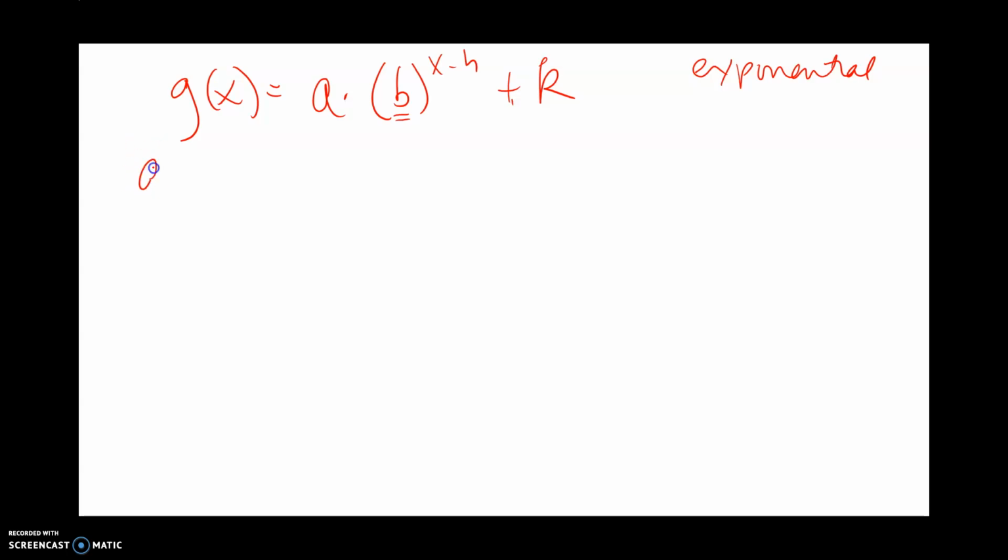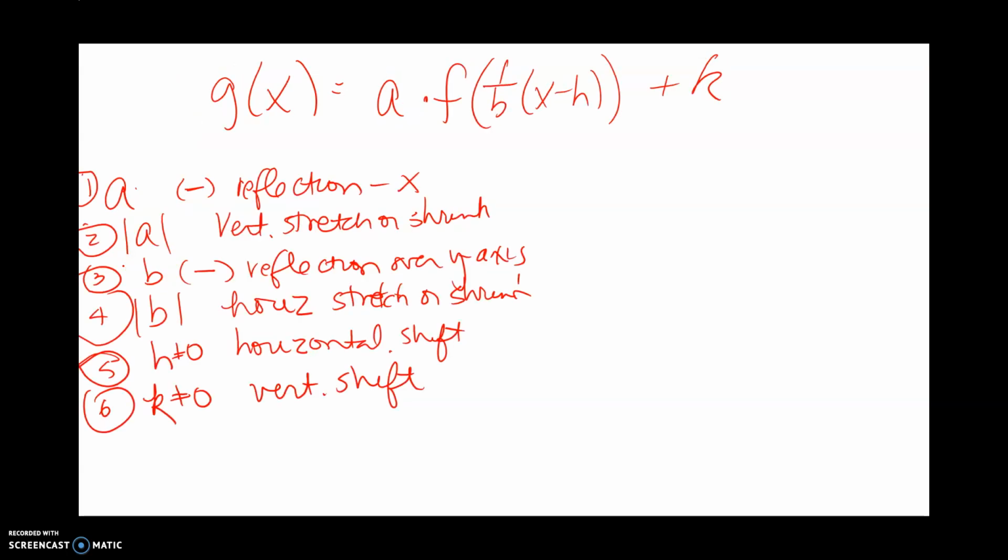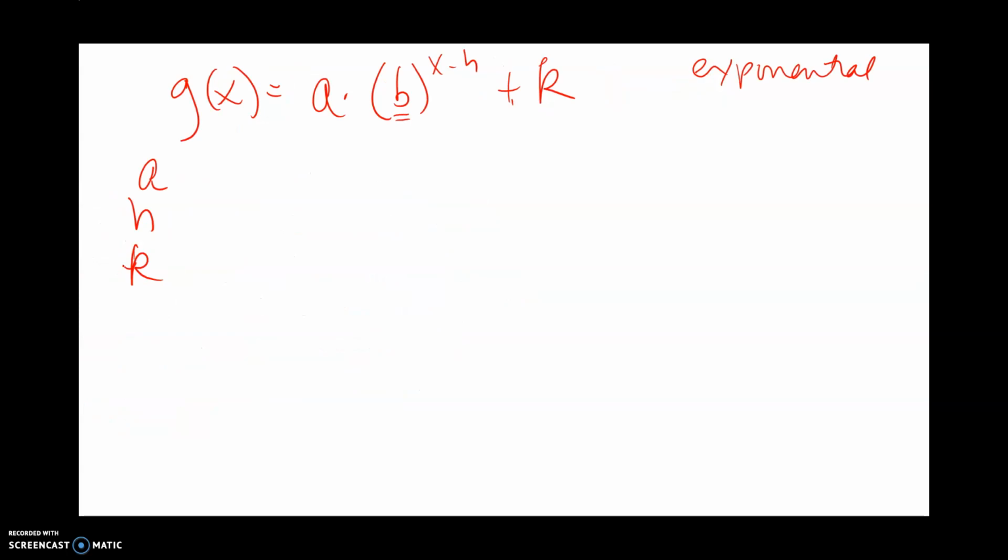We're only concerned about a, h, and k. But they apply the same as they did here, right? What's important with a, h, and k when we do these exponentials is that you're using them with the reference points, right? So when we did exponential growth,